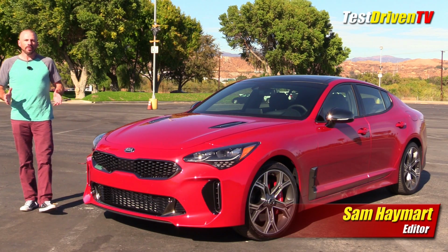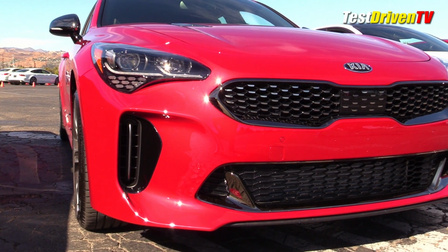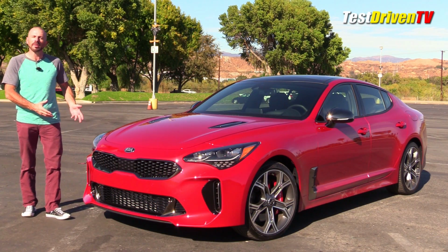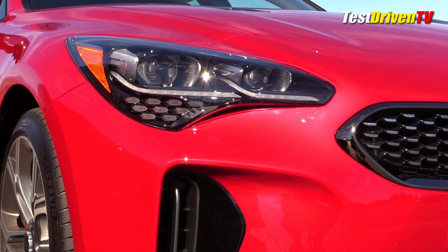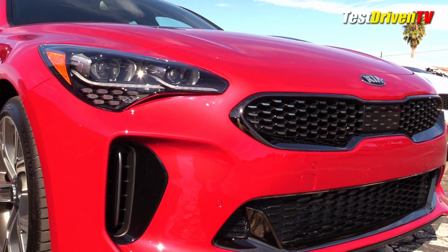We've seen this car now for almost a year since it was first unveiled at the big auto show, and basically what you've got here is the GT version of Kia's styling. You've got the dog bone grille and headlights that look very much like something you're going to see on a lot of other Kias, but they're quite special here. This being a fully loaded GT2, it has everything stylistically that's available on this car, and we'll start with the